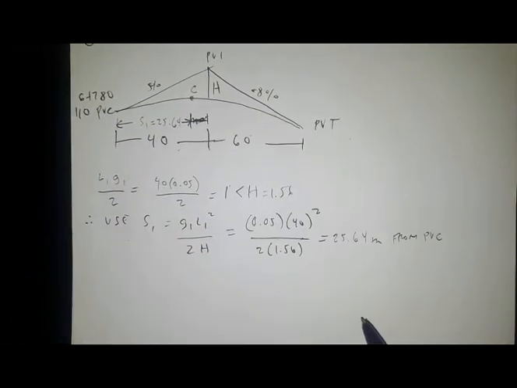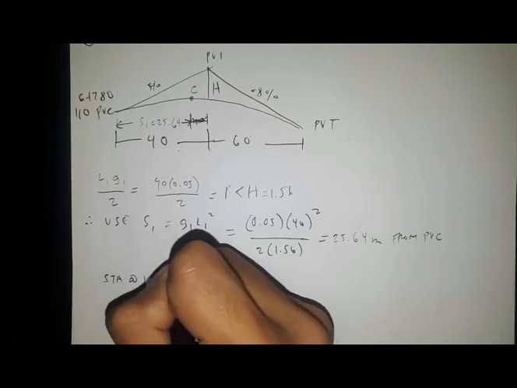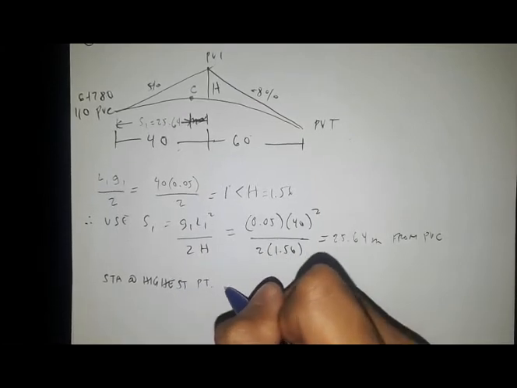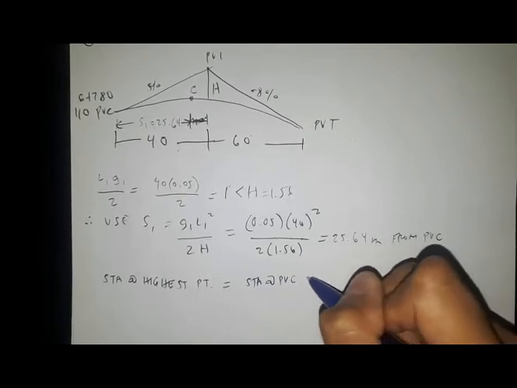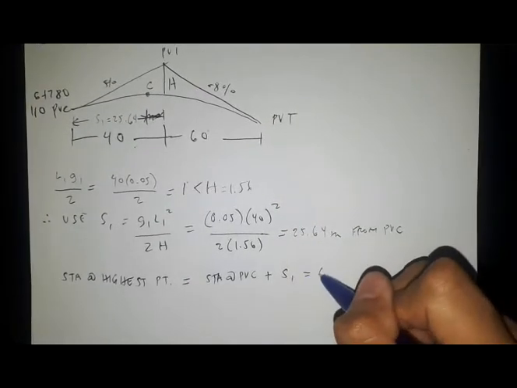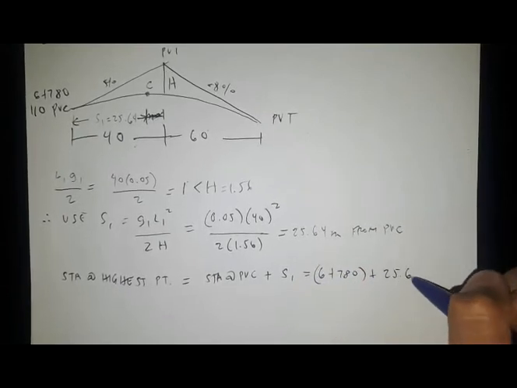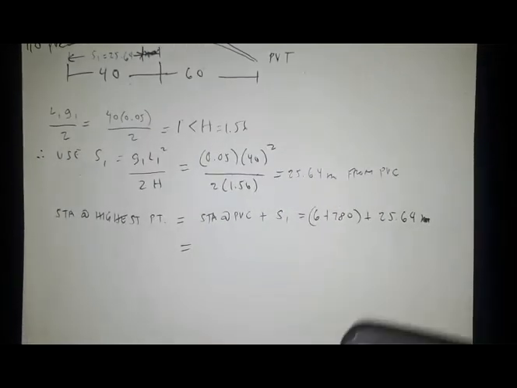the stationing of PVC. So we have stationing at highest point equals stationing at PVC plus S1. So by substitution, we have 6 plus 780 plus 25.64 meters. So we have the stationing at the highest point of